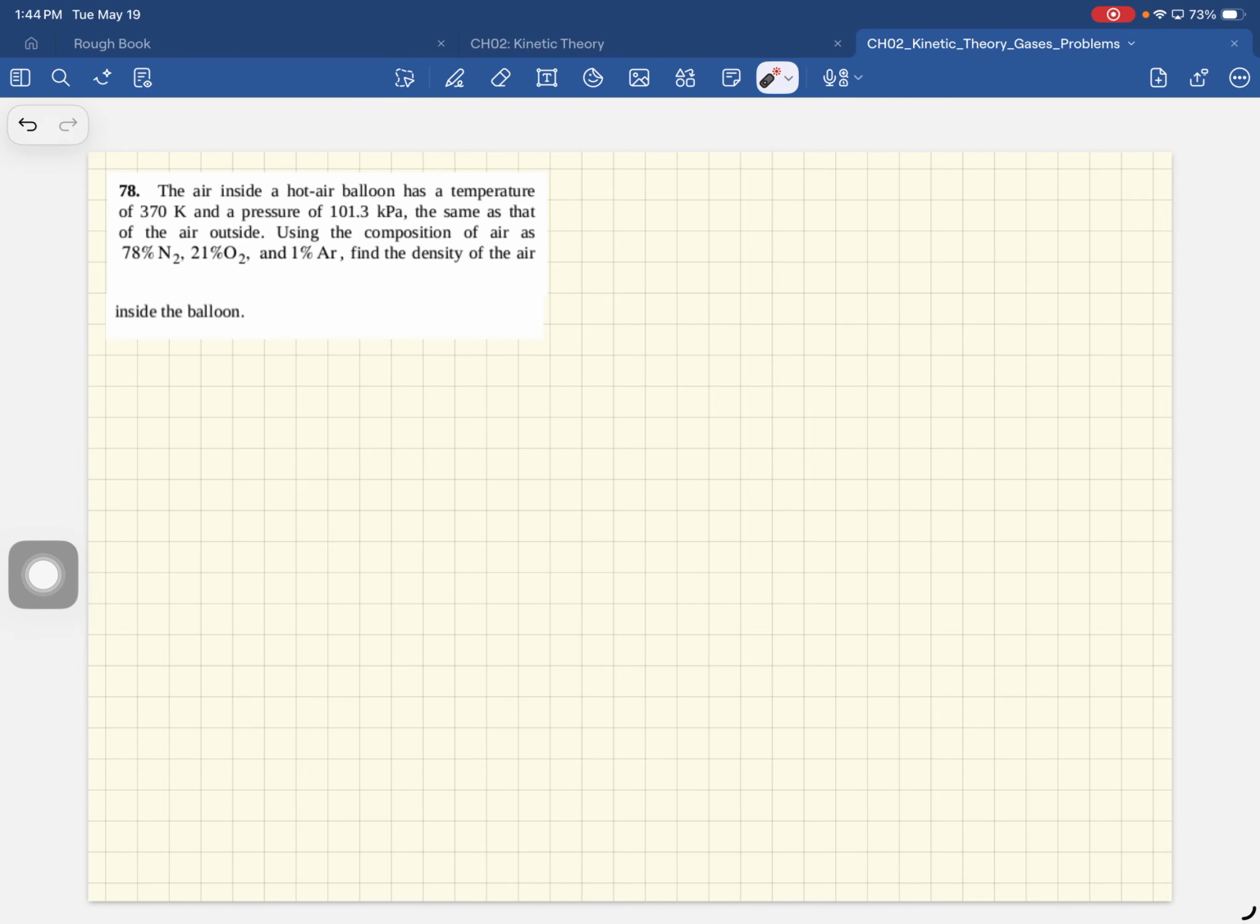Pascal is Newton per meter square, and joule is Newton meter. So the Newton cancels, and with the meter cube, you get kg per meter cube. So the units work out. All right, so this is the density. The density in the hot air balloon is